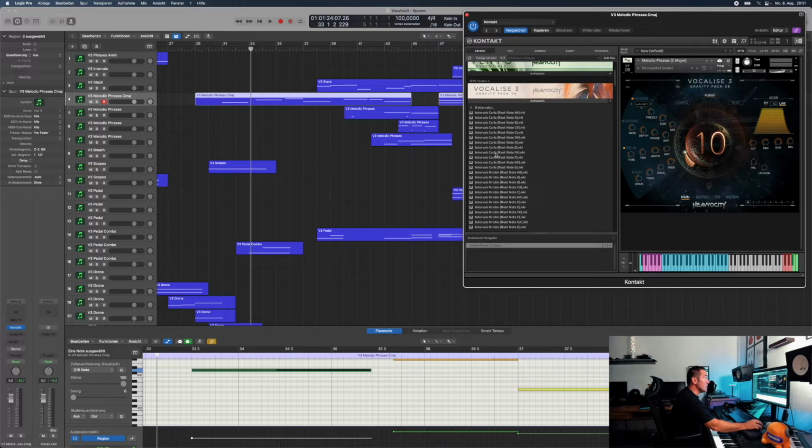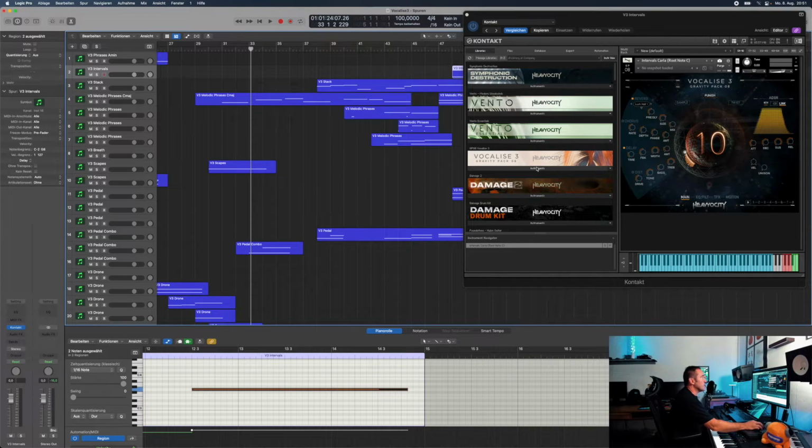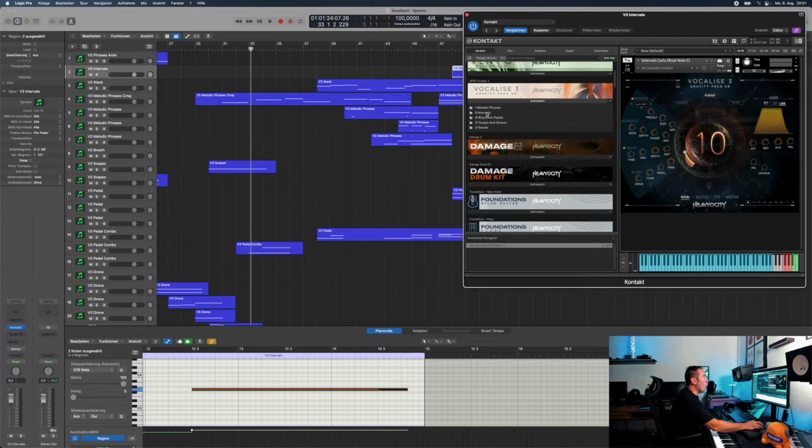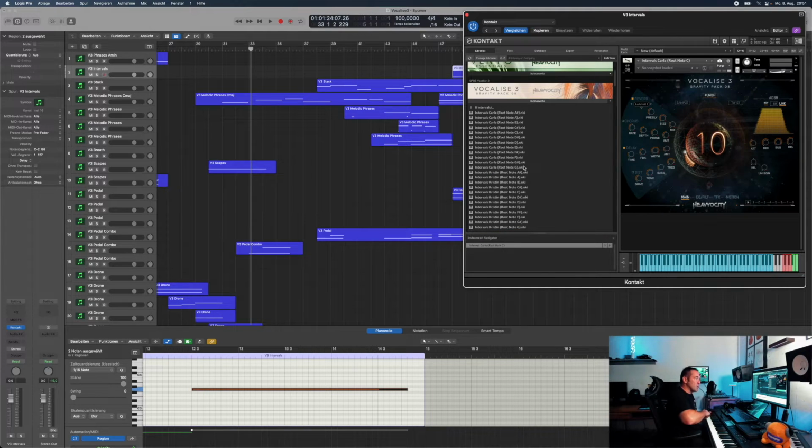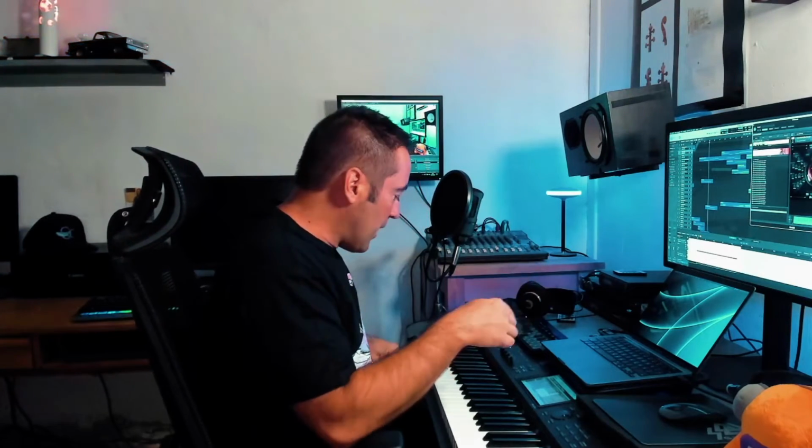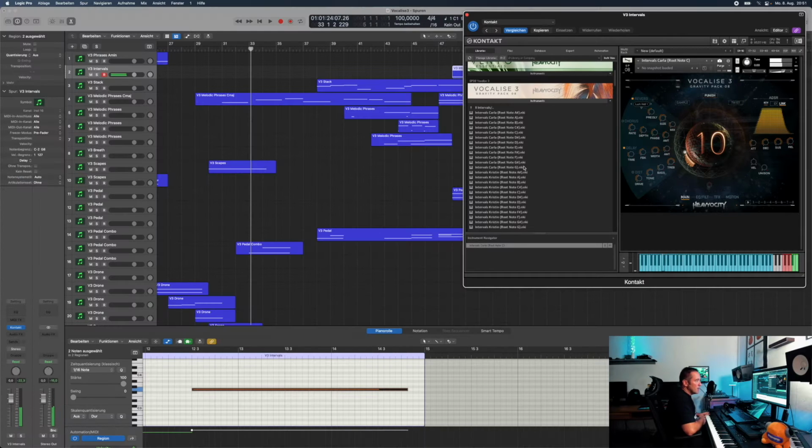Then there are the intervals, and I absolutely do love those intervals because they are sung on different root notes by the two singers, by Christine and Carla, and they are on O and A and U and that stuff. So I start on this C, it goes down, I go to this C, it goes up, and then in the middle, there it goes down, there it goes up.